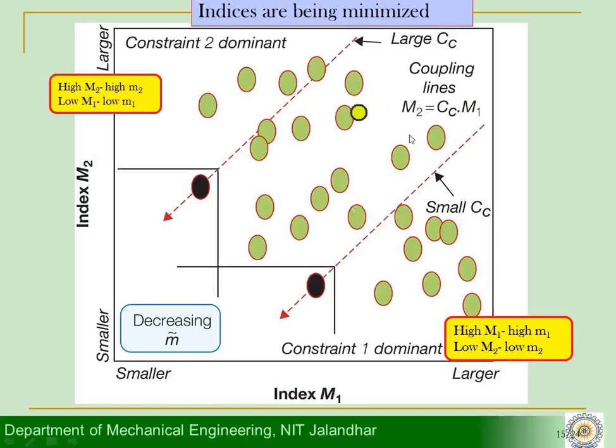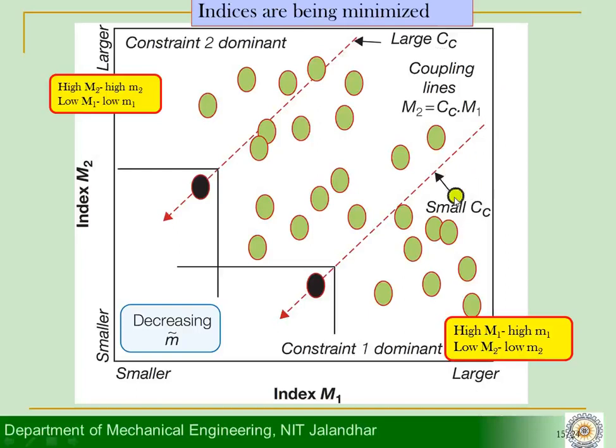Now if you look at this, what is the difference? I see there are two lines here. One is the coupling line shown here, and the second is the coupling line shown here. If you go back to my previous slide, we have already seen that you are plotting M1 versus M2. So log M1 is equal to log M2 plus log of delta upon L. And delta upon L is what we call the coupling constant.